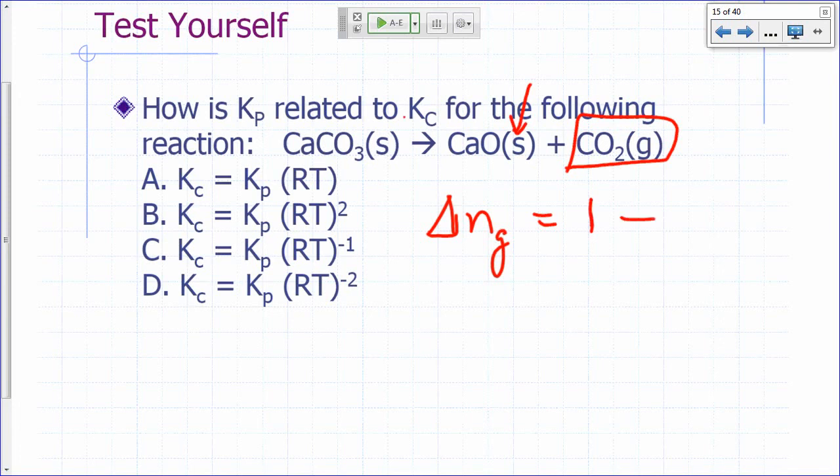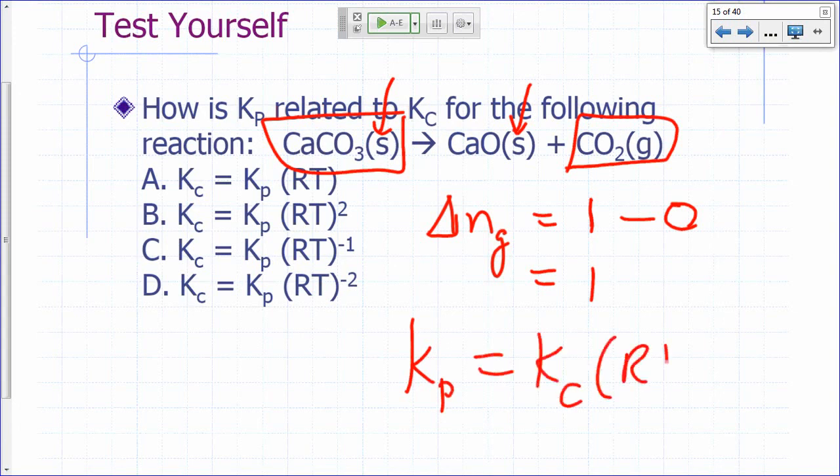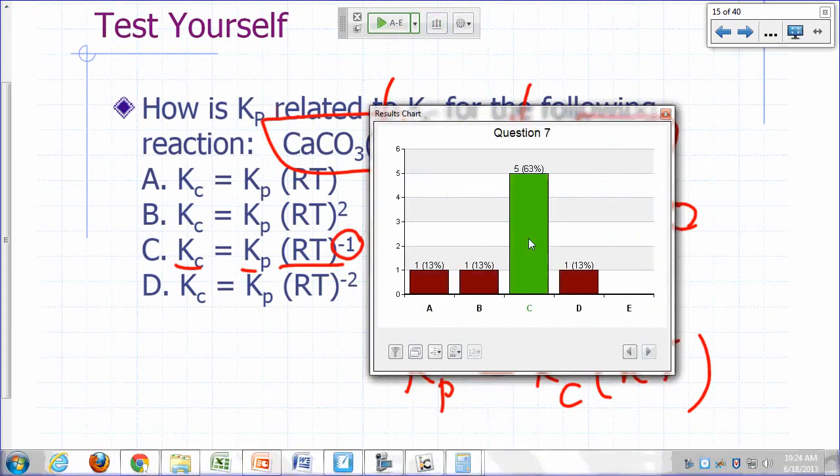How many moles of gas do you have on the reactant side? None, because that's a solid. That doesn't count. So delta N gas is equal to 1. So we say that Kp equals Kc times RT. So what is Kc? Is Kp times RT to the negative 1. So correct answer is C. I'll put that and do